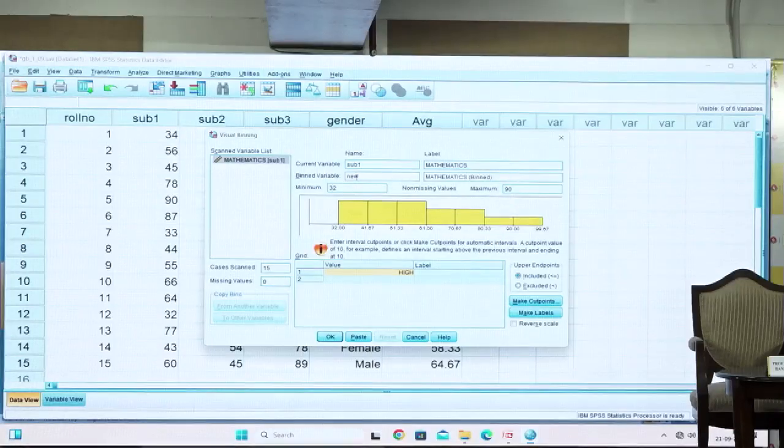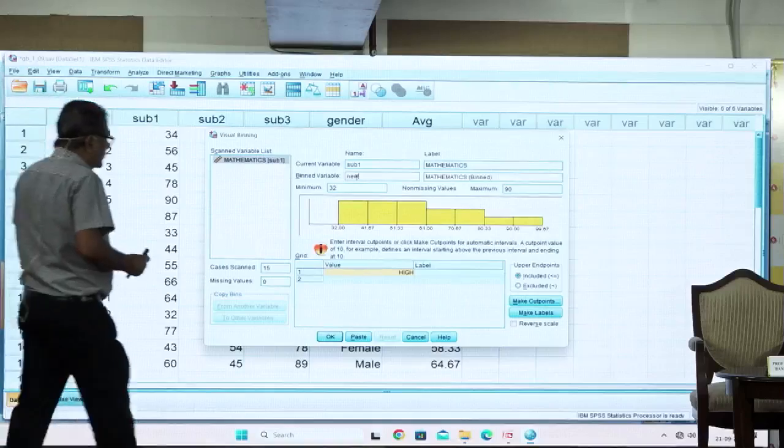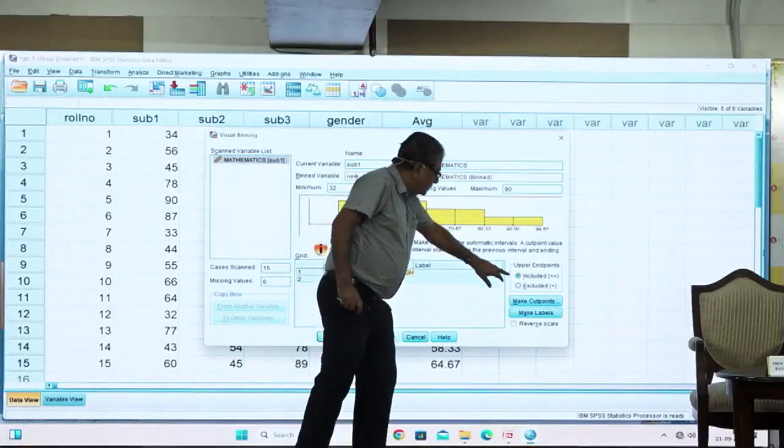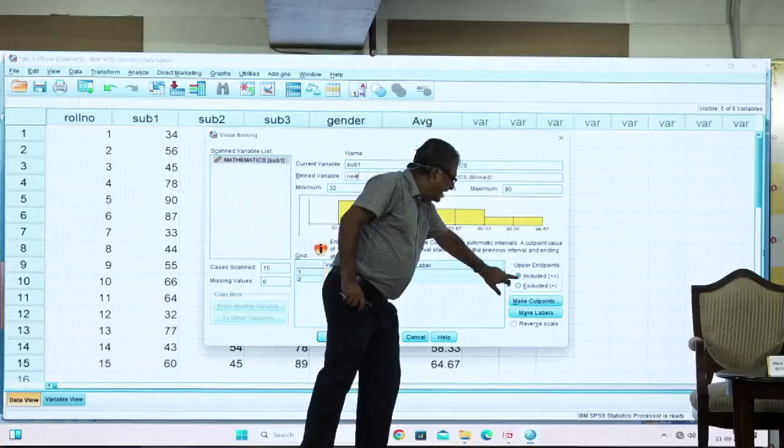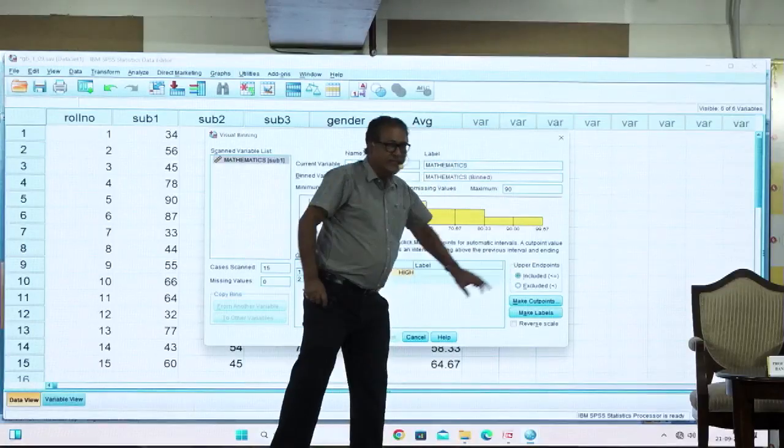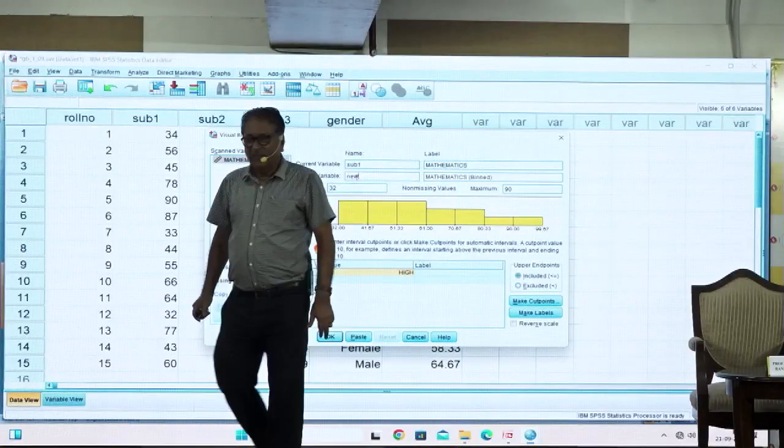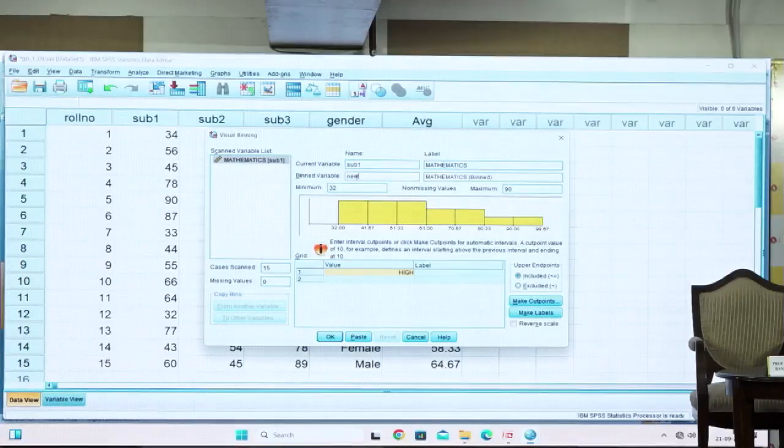And in most cases, in case of mean, we calculate class interval. And this class interval is called excluded case. There is a gap. And class boundary is called included case. So there are two things. Class boundary is included and class interval is excluded. So then what I'll do that,